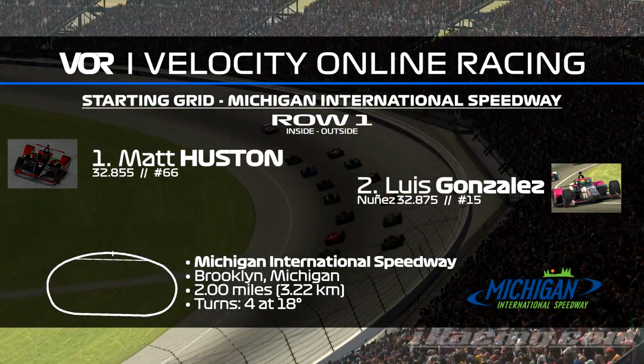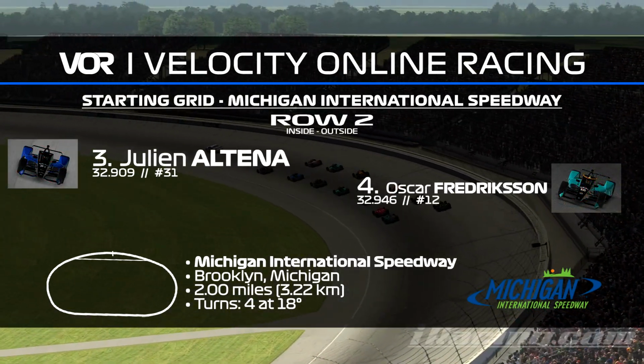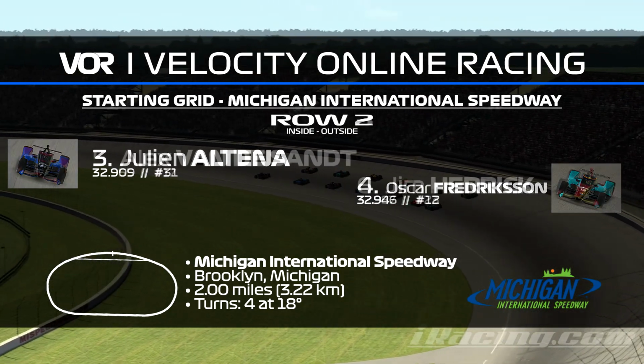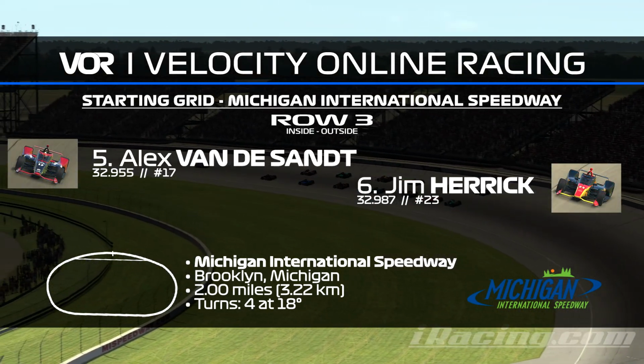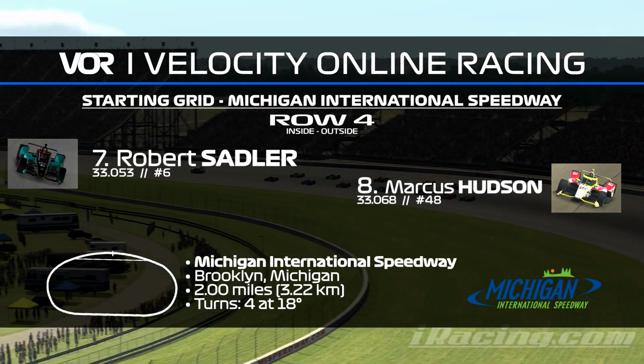The starting grid for today's race: Matt Houston on the pole once again, the second pole in this season, with a 2.855. Then we got Luis Gonzalez in P2. Then P3 and P4 go to Julien ALTENA and Oscar Fredriksson. Then row 3, the inside Alex van der Sant, and the outside of row 3 Jim Herrick, making his first